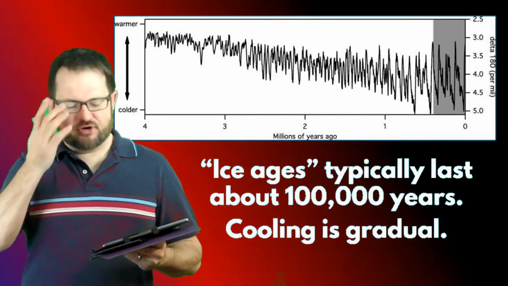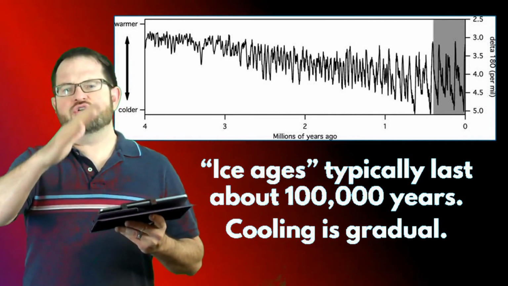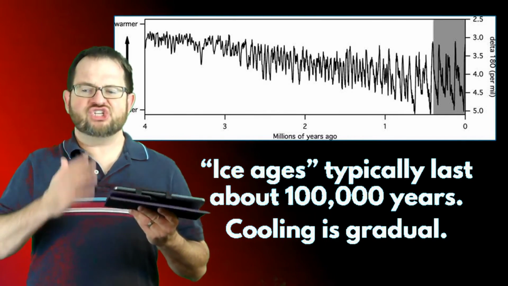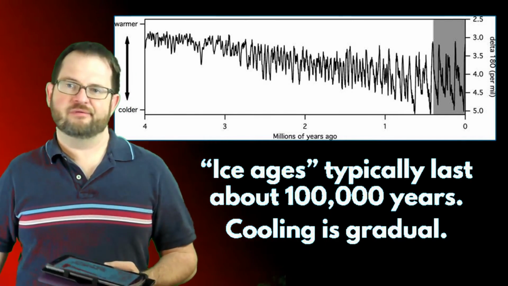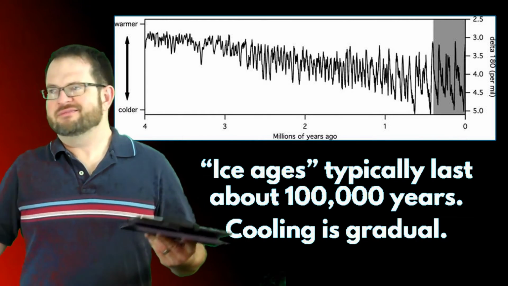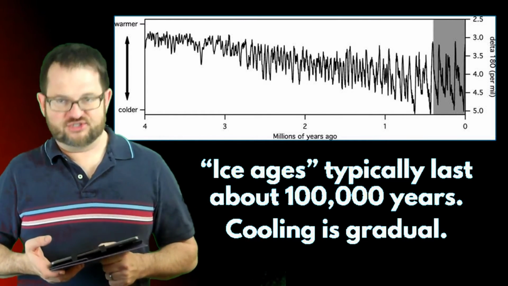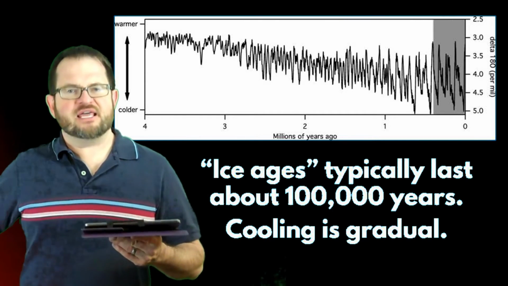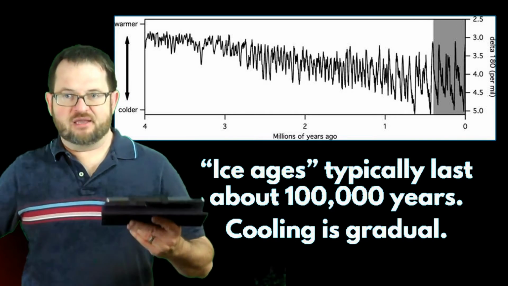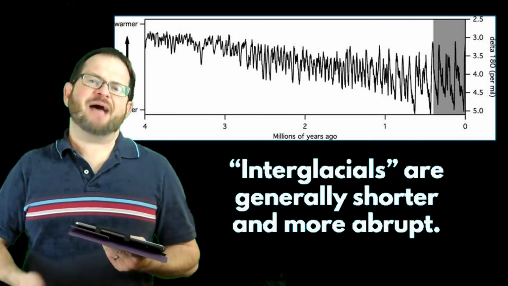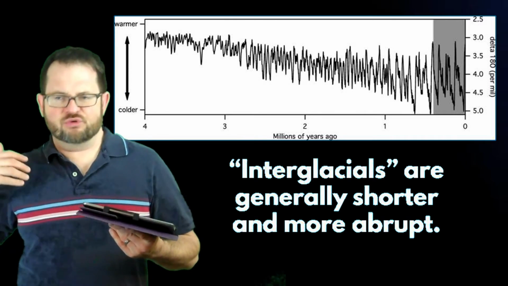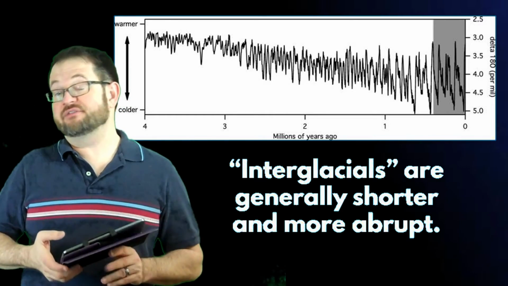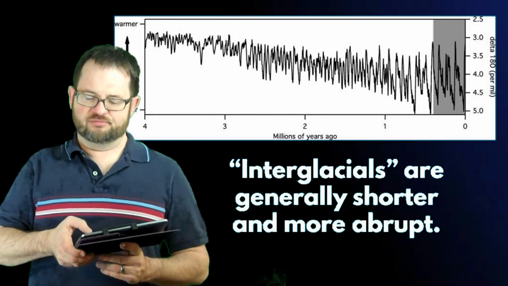The ice ages, as I have on here, typically last about 100,000 years. The cooling going into an ice age typically tends to be fairly gradual. The ice sheets don't form over the course of, I don't know, you don't suddenly have a 2-mile thick ice sheet over Minnesota 100 years later. They take many, many centuries, many thousands of years to reach the peak of the ice age. Interglacials tend to happen fairly fast. The ice tends to retreat, the melting happens fairly fast, but the interglacial itself does tend to be shorter than the glacial period as well.